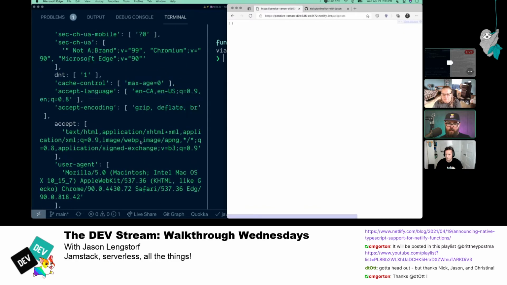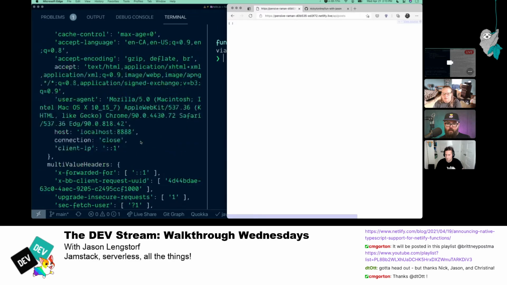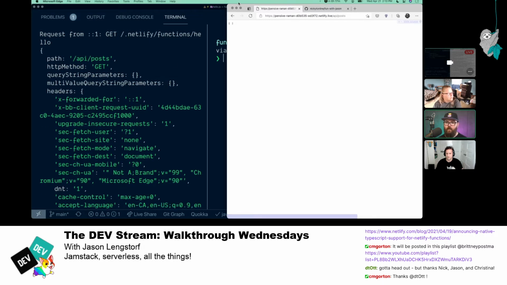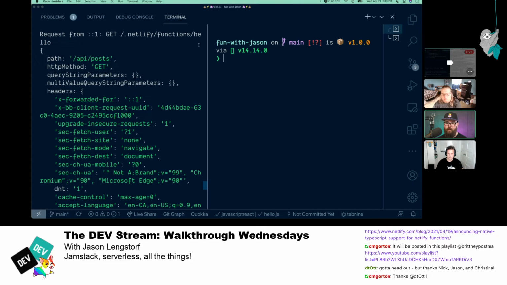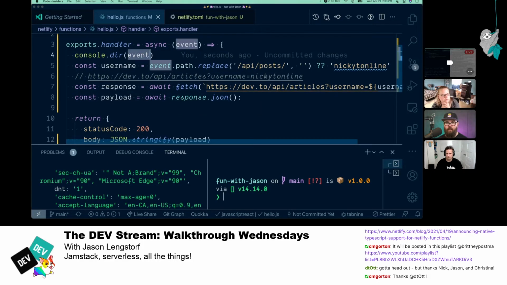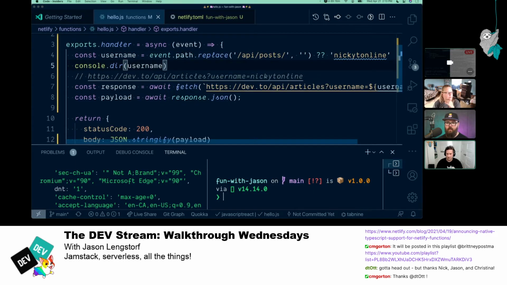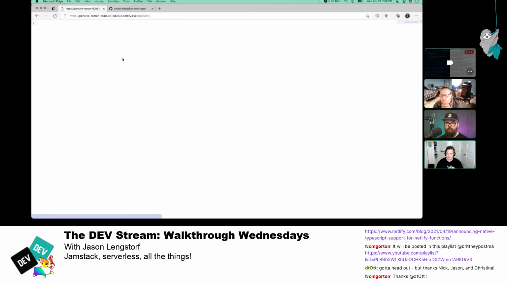Okay. So in here, toward the top, I think there should be path. It's missing. Okay, so it is path. Let's log username and see if we actually got a username back, because it should be coming. It should be defaulting, but our replace might have broken that. Cool. And I'll put this after, because otherwise I don't want to end up in the temporal dead zone. Okay. Event path replace API. Oh, okay, cool. Let's see what that gives us.